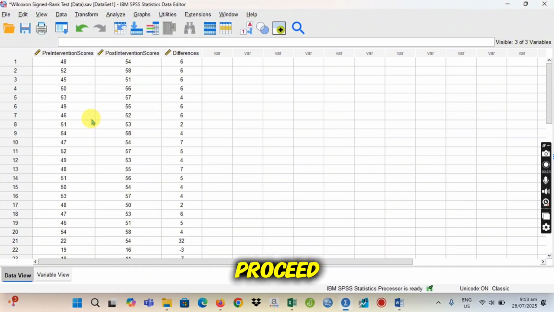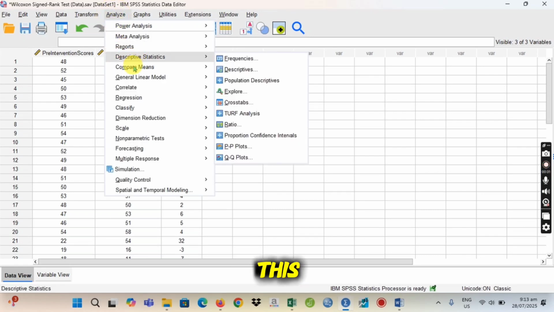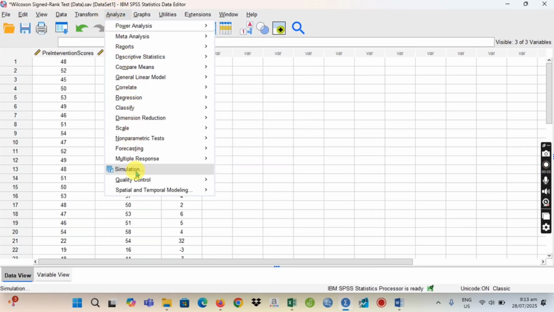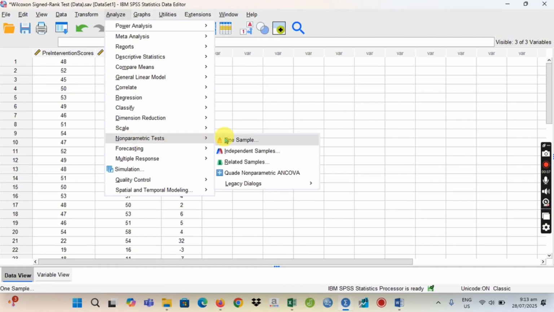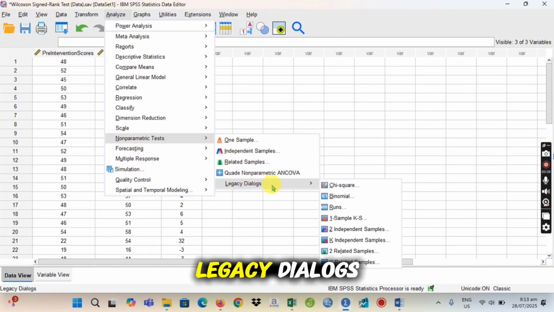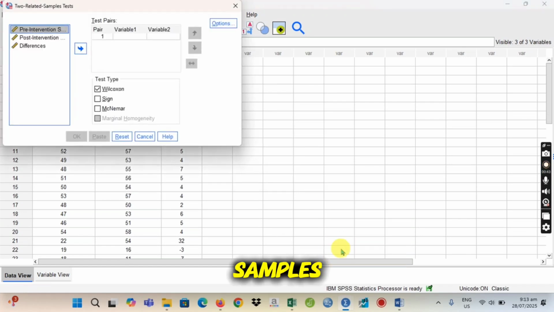So we will proceed. So to perform the Wilcoxon signed rank test, analyze, this. Okay, not that. Okay, we have non-parametric tests, legacy dialogs, and two related samples.